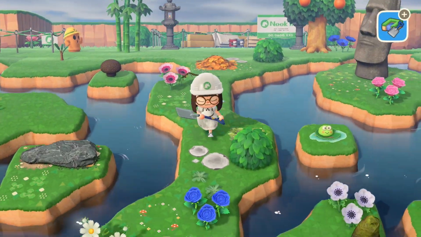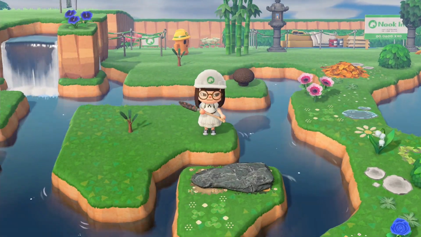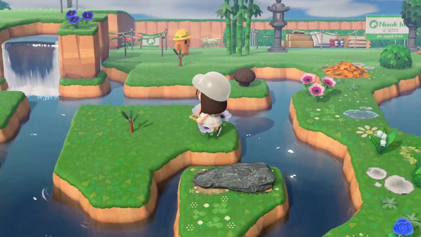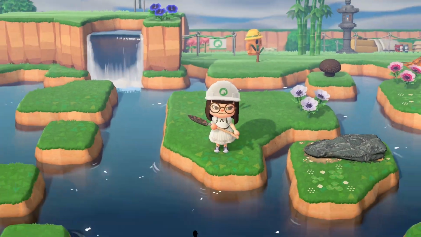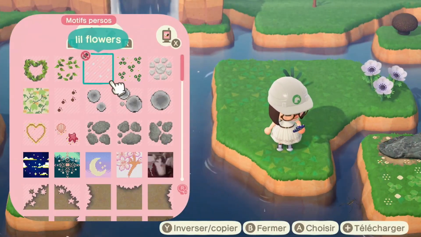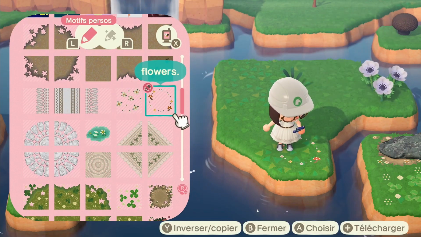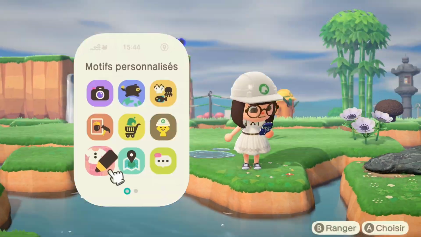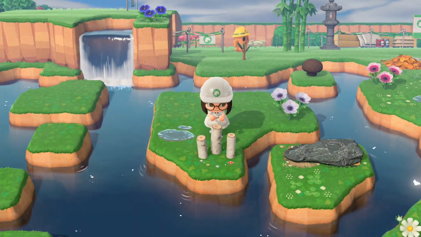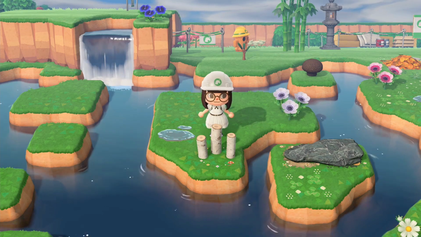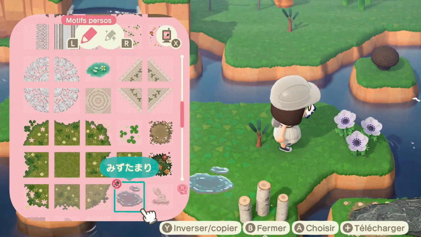I was not too sure on where to use it, but I like it there. And here I'm gonna decorate around my tree. Normally I checked, and I can assure you, because I went through the end of the build of course, but this tree will grow with no issue. So that is cool. And then I'm trying to place this log stakes, I guess is the name.